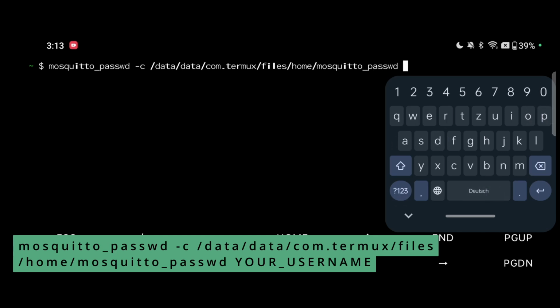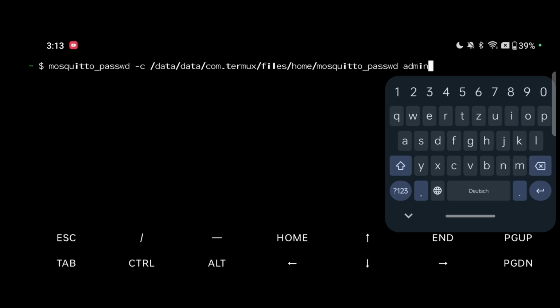We have to enter our username here and we can say admin. Username should be admin here. So now I will press enter. Now it is asking me for the password. I will write my password here. We have to write the password again. So now we have created a new password file.